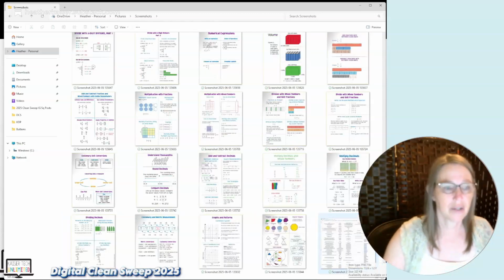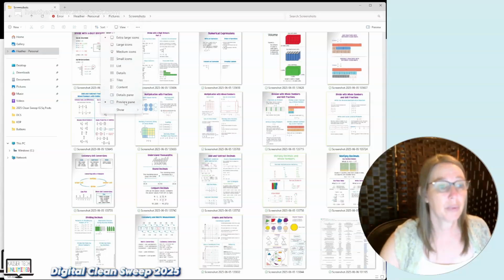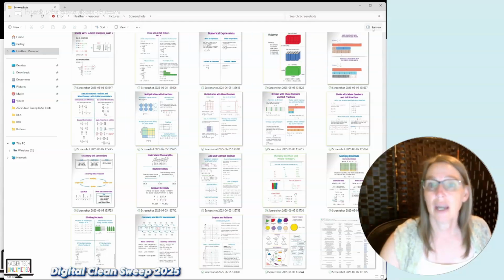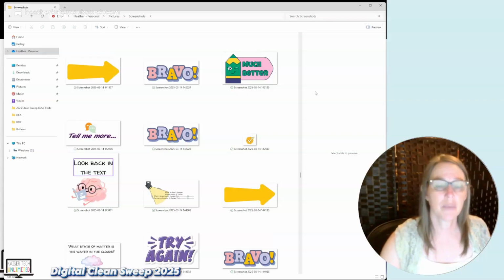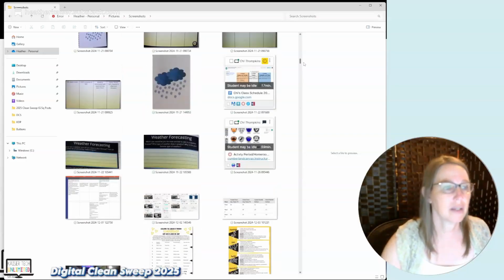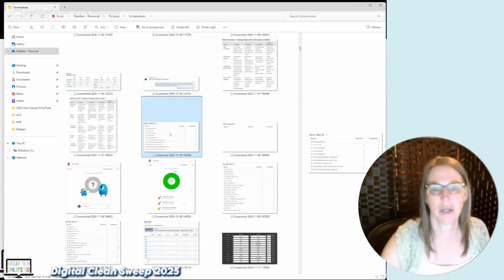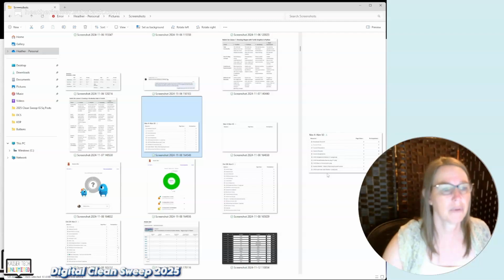All right, so here's another strategy that we can do. I can click View again and turn on the Preview pane. And that's going to have a preview over to the side. Now, it's blank right now, but let me see if I can find one that's not quite so clear, a little bit harder. Okay, so here's one that's smaller, it's harder to see. If I click on it though, it comes up over here just a little bit bigger in the preview pane,